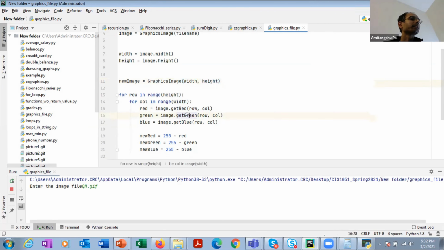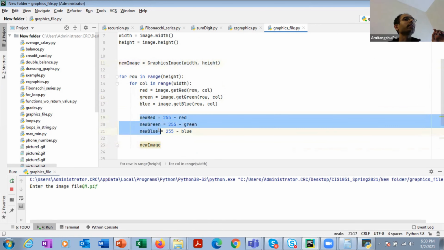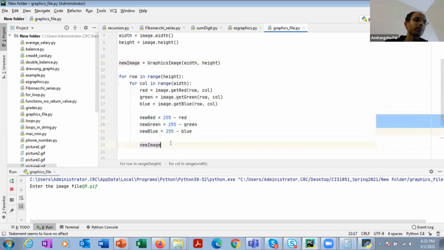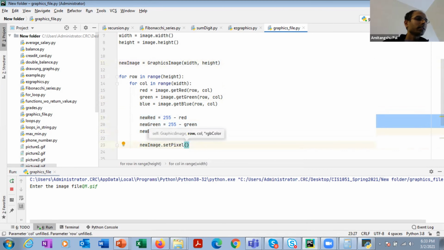All right, and then corresponding to this new image, I need to set the corresponding pixel of this new image with these intensities. So I'm writing new image dot set pixel row column, and then I need to pass all the red, green, and blue intensity.